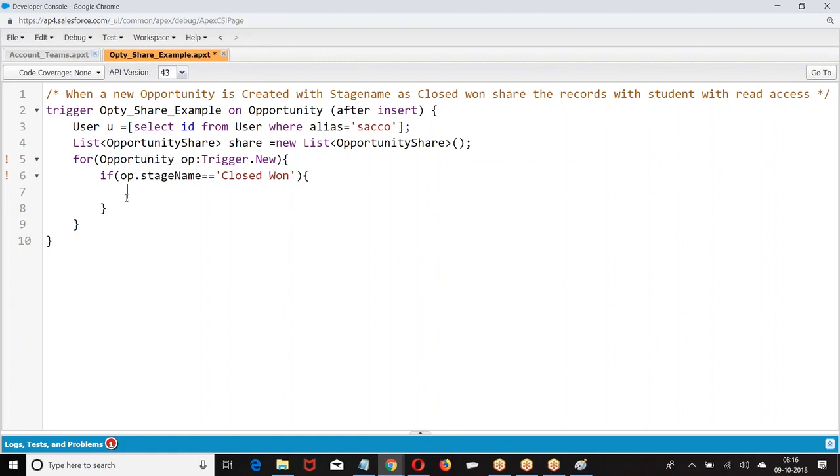Now, if stage name equals closed one, then I was supposed to create opportunity share.